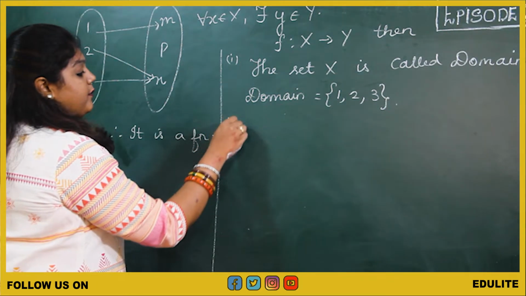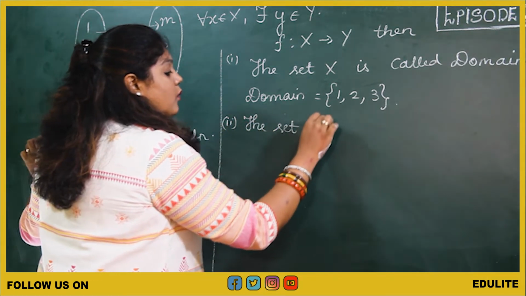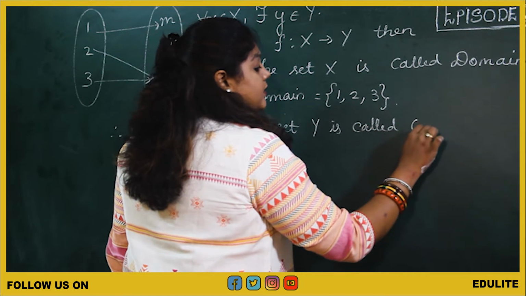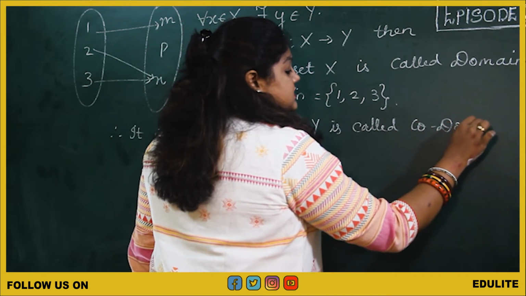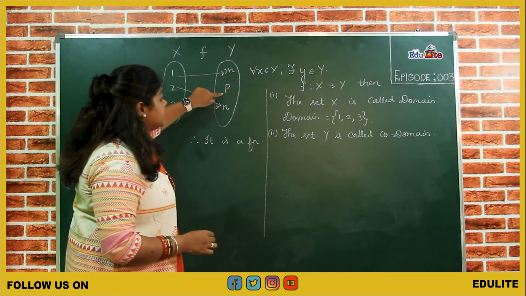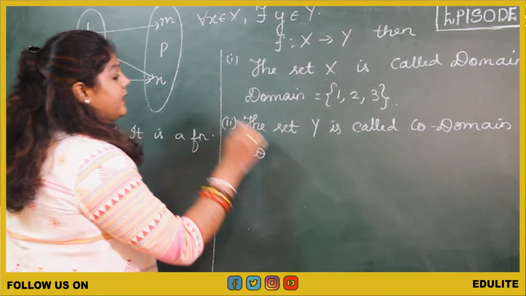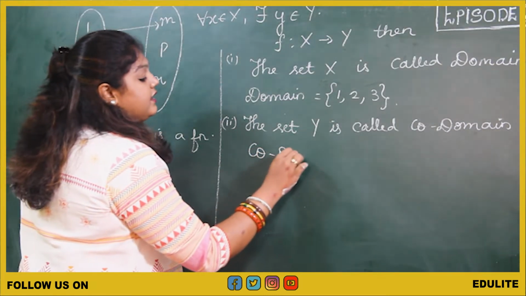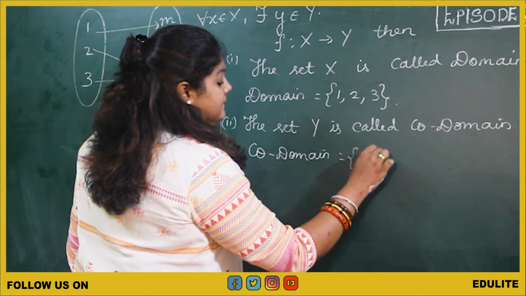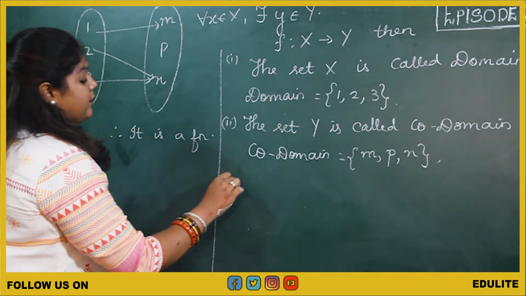And the second point is, the set Y is called codomain. What does it mean? The elements in the set Y are called the codomain. So, the codomain for this example is written as codomain equals M, P, N. And the third point is,